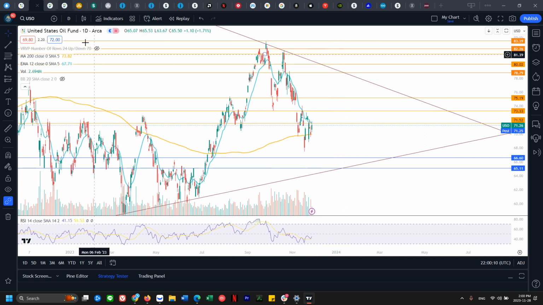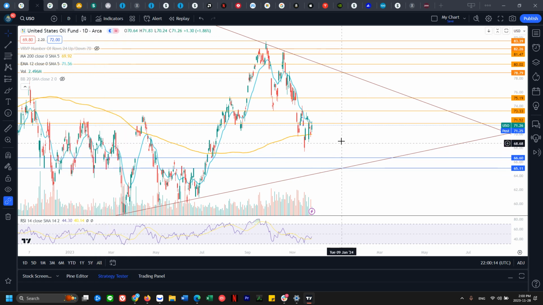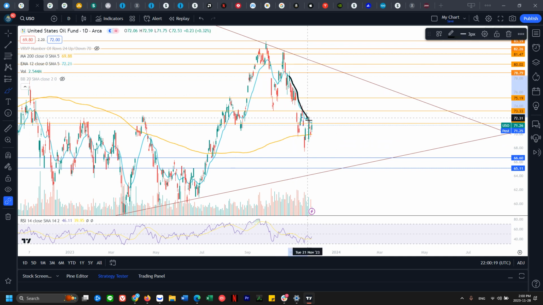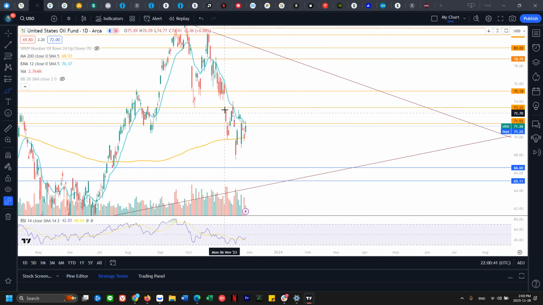All right, so oil. Oil has not broken out of the 12 EMA, where you guys know I talked about this teal looking line, which has rejected it 7 times, 10 plus, this is another 3, 4, 5, 6, 7, 8 times. We're still under it. So as long as oil does not get over the 12 EMA, it keeps things simple. You don't want to be going long if it's under this teal looking line. It has been rejecting from it very clearly, multiple times, and it's still in a daily downtrend.